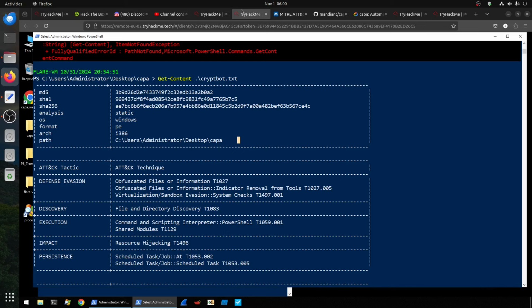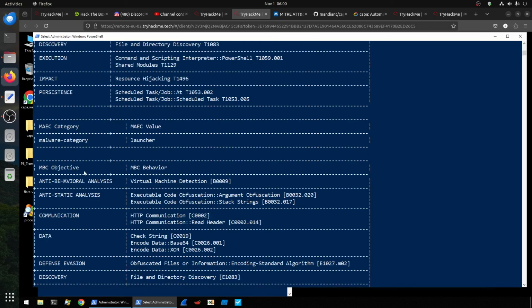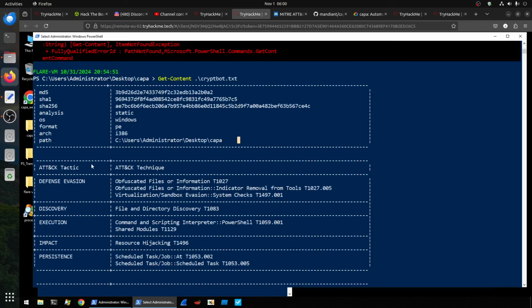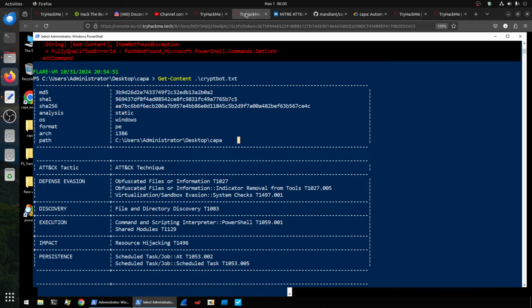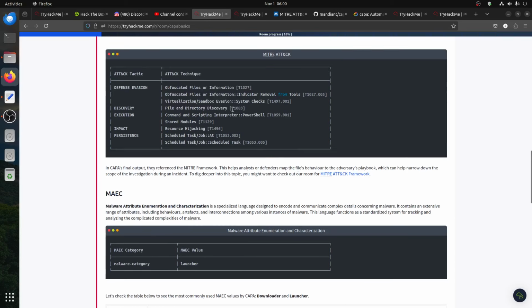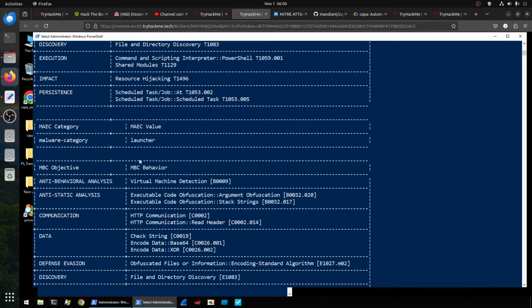Of course, the next phase we've been talking about, the ATT&CK technique. So this is another room on TryHackMe to understand this. As I said, this is a whole catalog of techniques. As we've been talking about, defense, discovery, execution, impact, and all of that. And then what's this? Malware Attribute Enumeration and Characterization, the MAEC